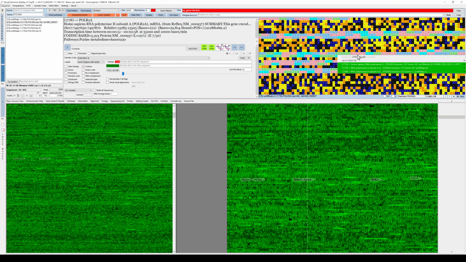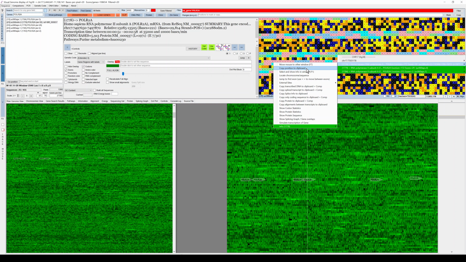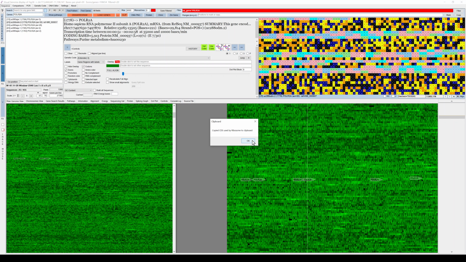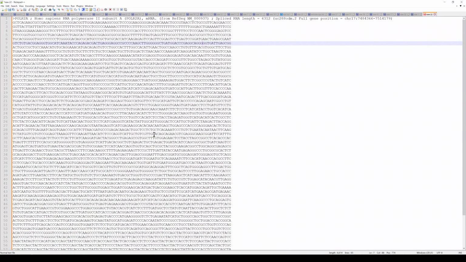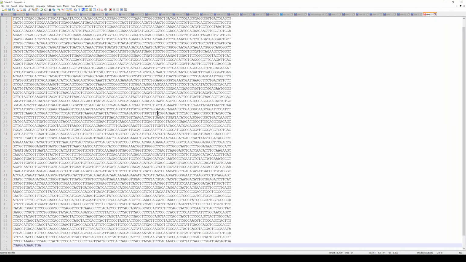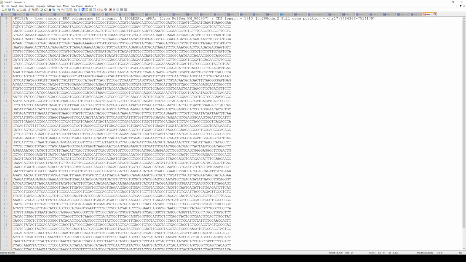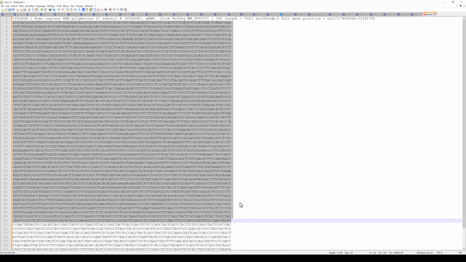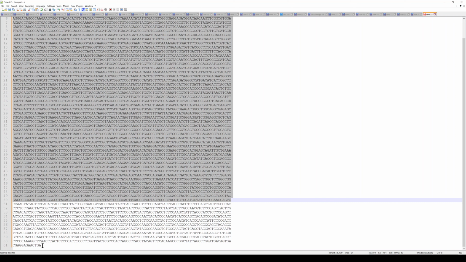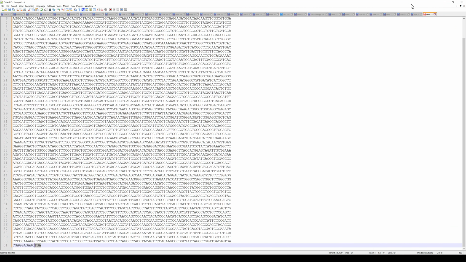So if we want to only copy the coding sequence, then you would select this one. This would always start with ATG, which is the start codon. So if we do that, you can see here it starts with ATG and it runs all the way to TGA, which is the stop codon.